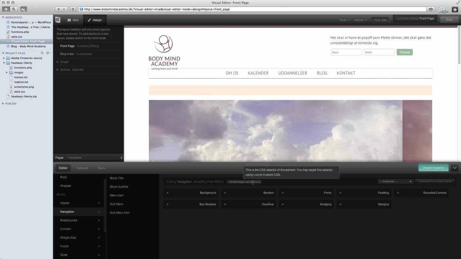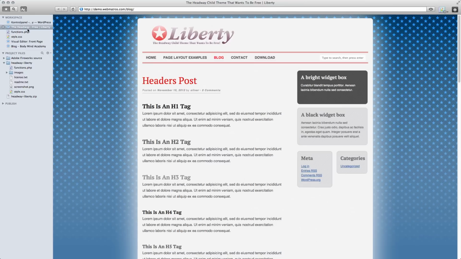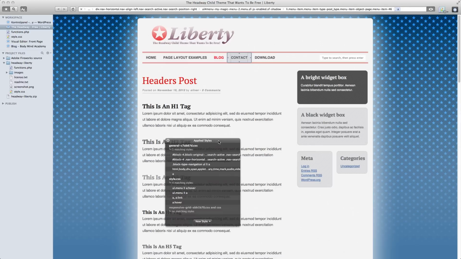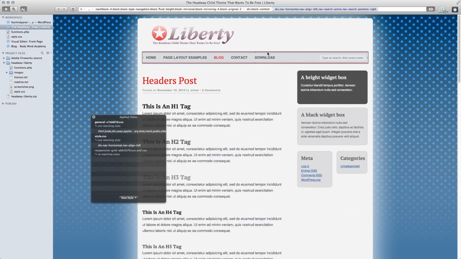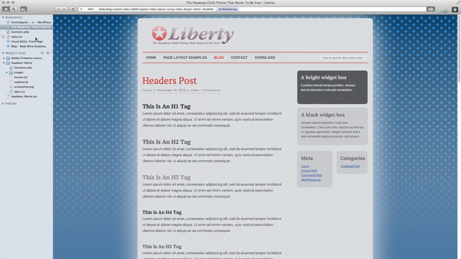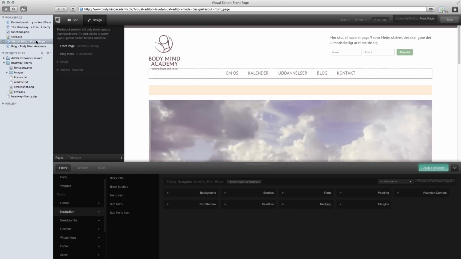Firebug works very similarly to this feature in my CSS editor, where I can see which page elements I can target here. So in order to target the menu, I would have to write this in my style sheet, and then I could target the navigation. In Headway, you don't have to spend time with Firebug.